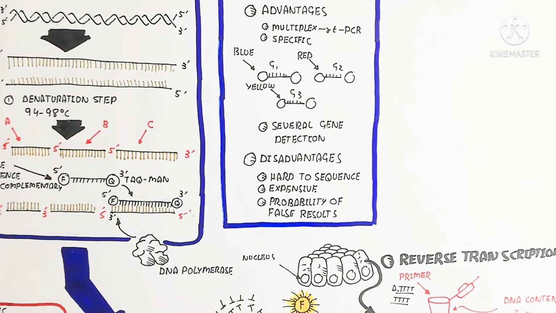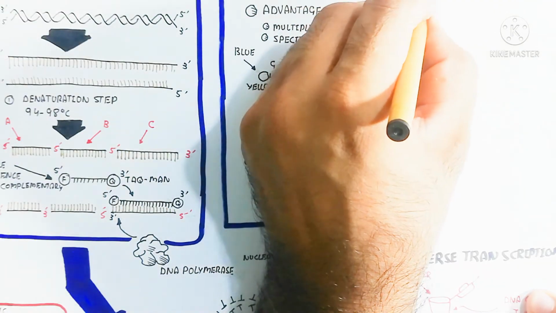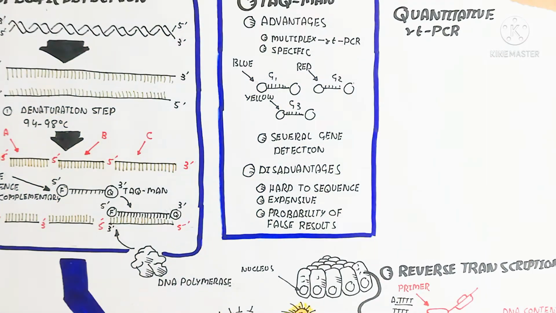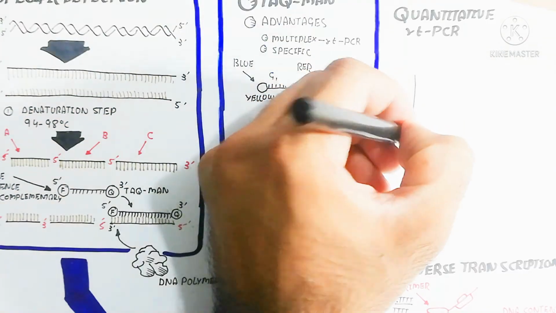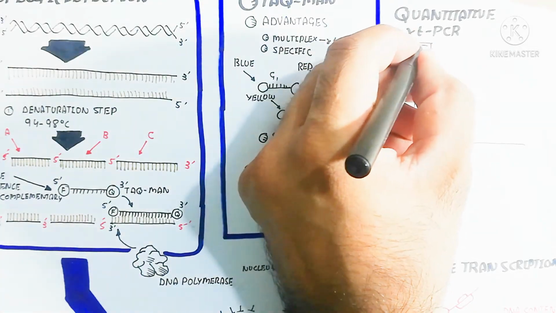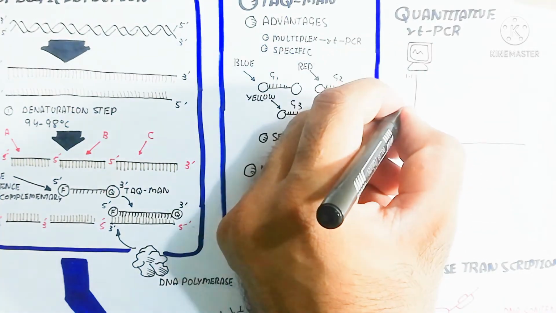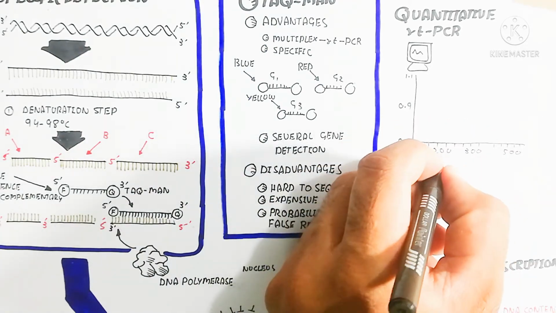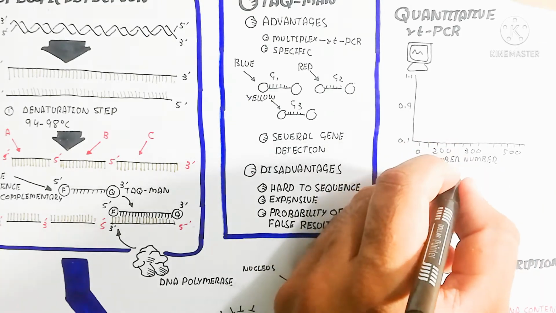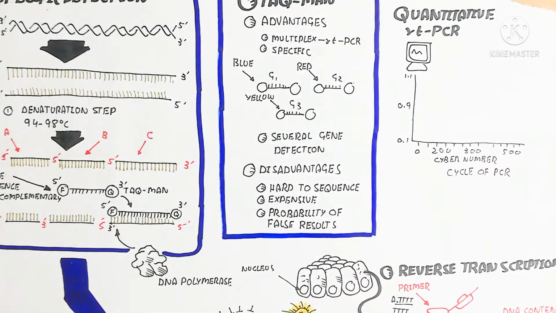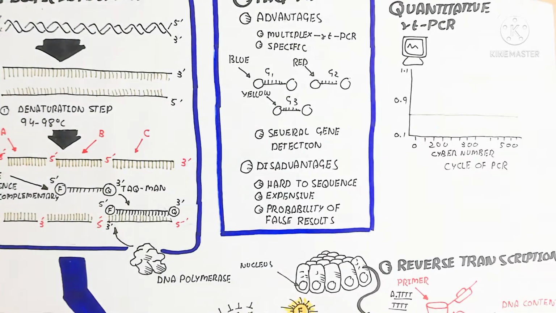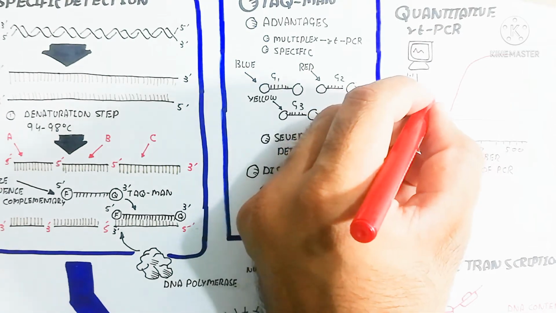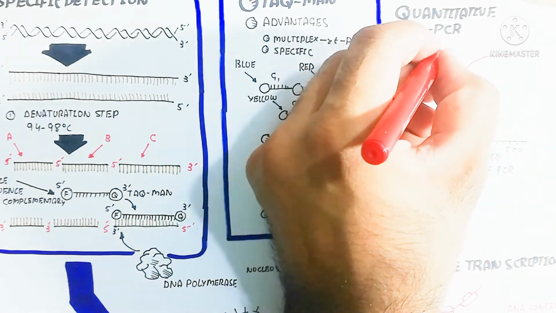Quantitative means we are checking the quantity by the graph shown in the detector. The detector shows the graph, which is the real-time PCR showing the color. For example, vertically the fluorophore signal, the producing color, is shown from 0.1 to 0.9 and 1.1, that is the potential. On the other hand, the cycle number is added, and it depends on the cycles of PCR, the polymerase chain reaction, as they increase.